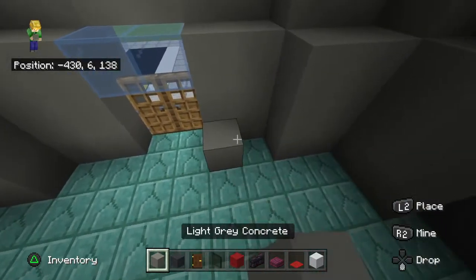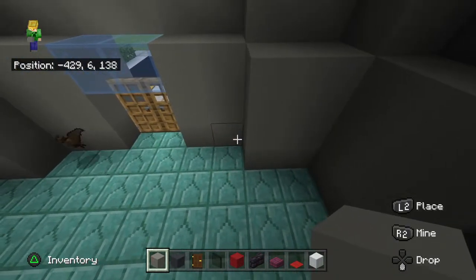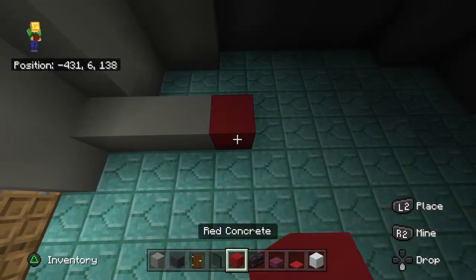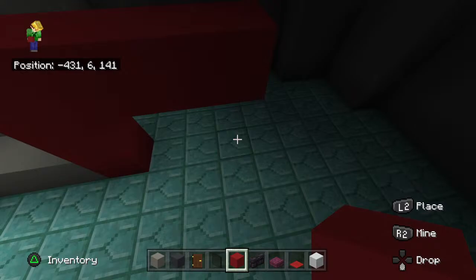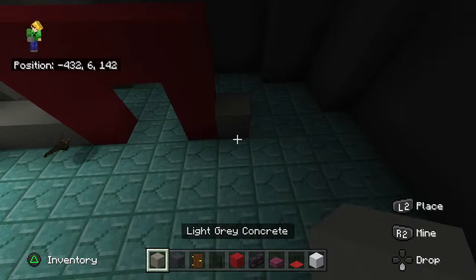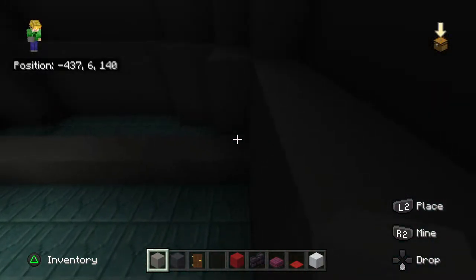the right side of it. We want to move to the right by one, hence why we have this light grey concrete here, and we want to extend from the wall 1, 2, 3 with the light grey concrete. Place a red concrete on the end, extend up by 1, 2, and then right by 3, 1, 2, 3. Drawing down to the ground, take the block that hit the ground and place a light grey concrete next to it, extend to the right one, and then extend across the back of the build using light grey concrete to